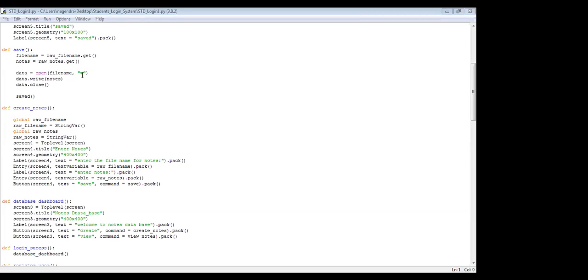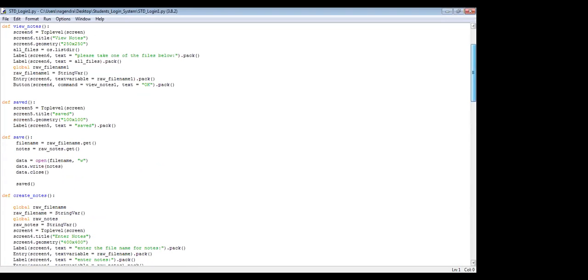So the data will open a file. In the file, the data will be taken, and we need to write that content to the data, and the data needs to be closed and saved. After that it goes to the saved function. In the saved function, what will it do? Nothing. It will open a window to confirm that yes, it is saved now. The content whatever you have opened, that is saved. So I'll just show you how it will look.